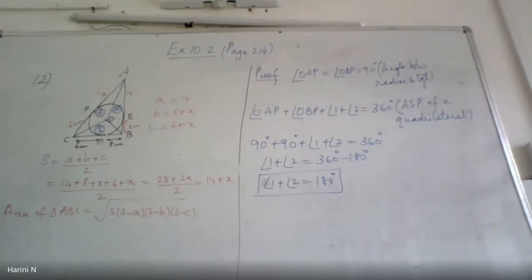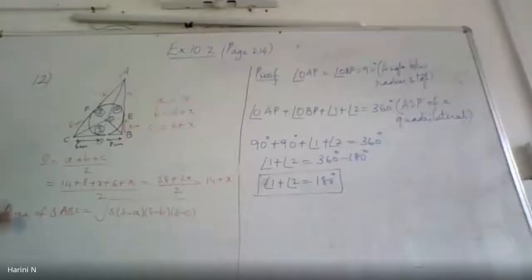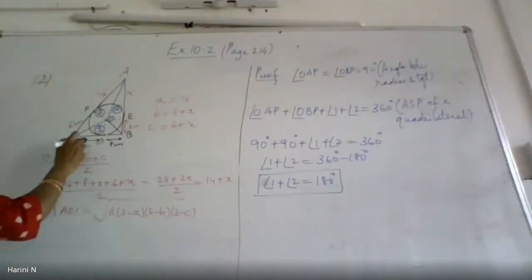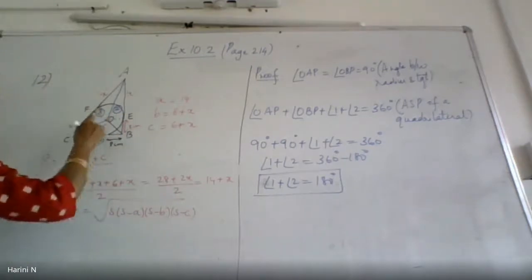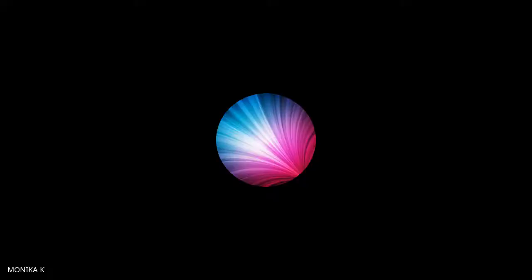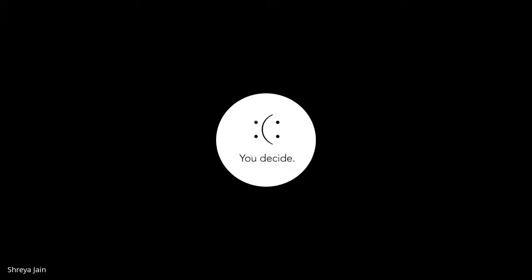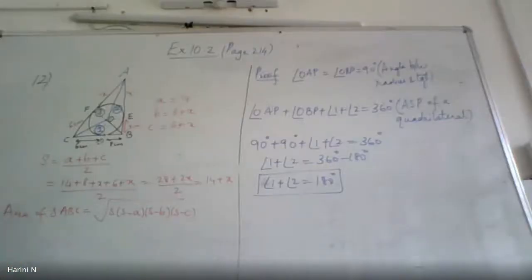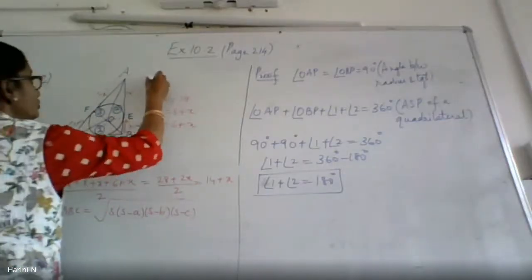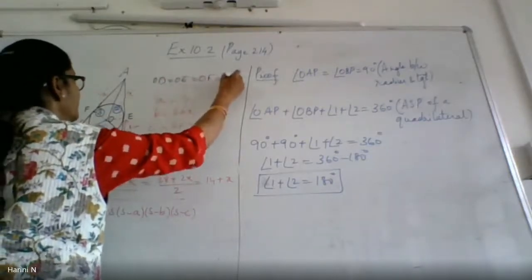How do I find area of triangles 1, 2 and 3? Ma'am, half into base into height. Yes, you will use the formula half into base into height. For the first triangle, the base is BC. The height, you don't know what to write it as, OD. Ma'am, height is radius. Height is the radius of the circle, but do you know the radius of the circle? 4 centimeters. Good. It is given in the problem, it is equal to 4 centimeters. So, your OD is equal to OP equals 4. It is 4 centimeters given.